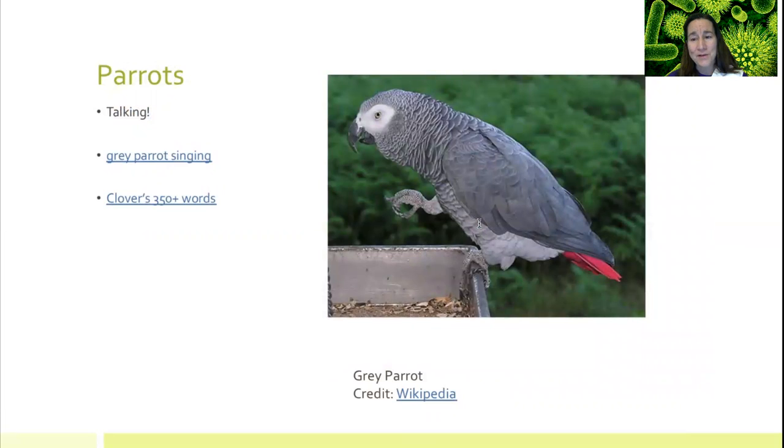Other birds that can make crazy sounds that sound like us are parrots, of course. Some of y'all may have a parrot or a parakeet at home, and they can mimic their owner's sounds. So I've got one of them talking and singing in these different videos. These African greys are also really smart. They can solve problems. So African gray is another pretty cool, smart, beautiful bird. And because of the pet trade, I want to say their numbers are declining too, along with all of the other parrots.